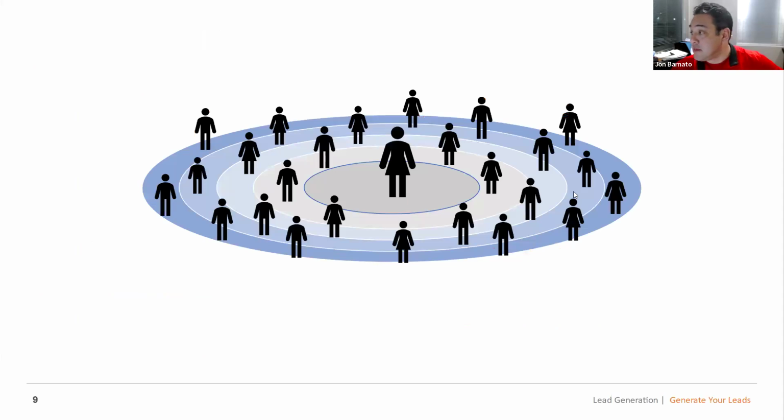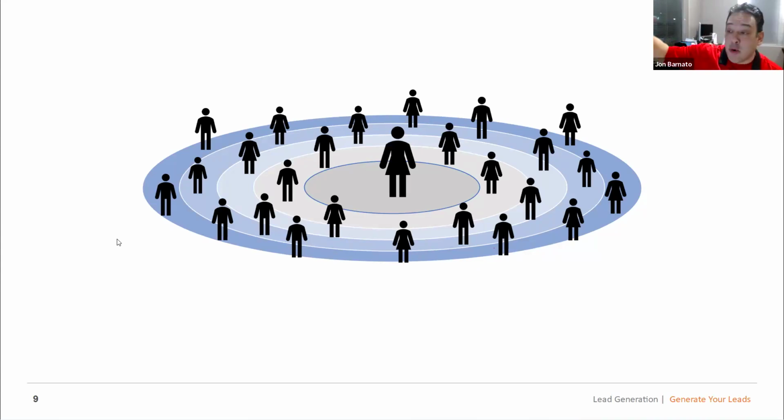We're just going to talk about your sphere of influence. It's you, and there are rings around you. Think about your circle, your sphere. The farther you get out there, the less of a relationship they have with you. Your inner ring is your close friends and your family, and I hope you have a good enough reputation with your friends and family that they're willing to refer you.